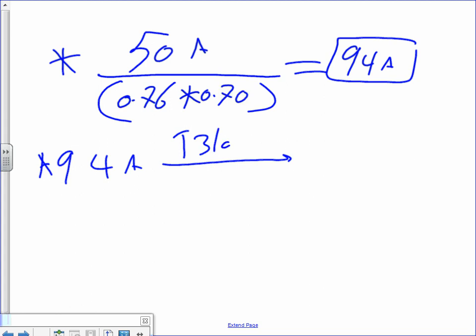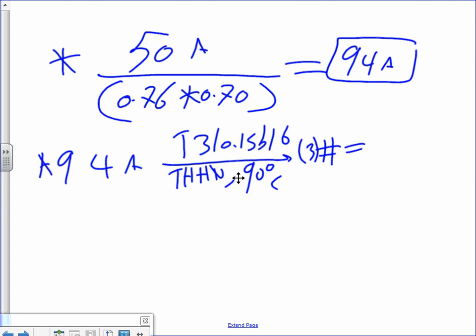Table 310.15(B)(16). Under which column and why? Are we derating? Yes. The conductor is THHN, so we have to go to the 90 degree column. Why are we sizing based on the rating, Chad, but based on 90? Because we're derating. Okay, give me a conductor. Conductor size is 3 conductors,